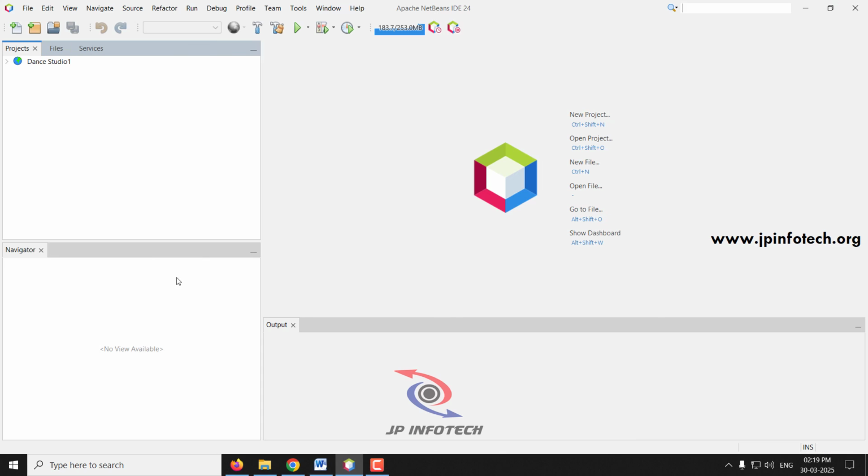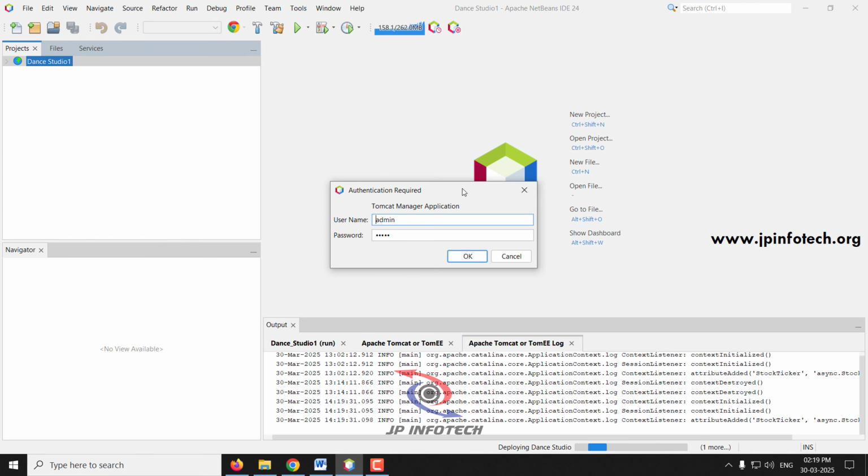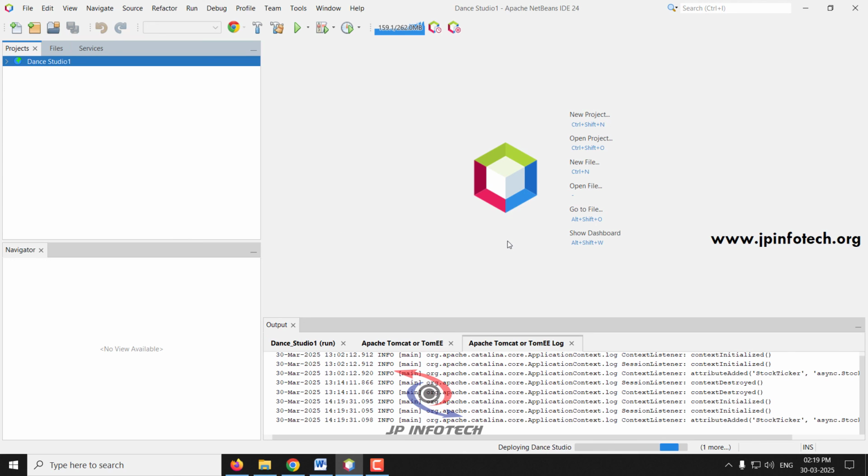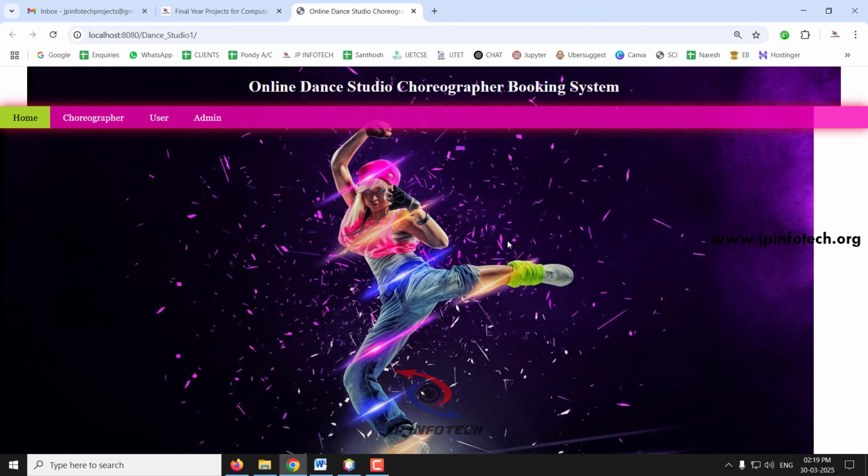Coming back to the NetBeans IDE, the project is now loaded. So now let us execute it. Just select this, right click it, then click Run and kindly wait for a few minutes. Now it asks for the authentication for the Tomcat server. And now you can see the project home screen, a welcome screen with the project title Online Dance Studio Choreographer